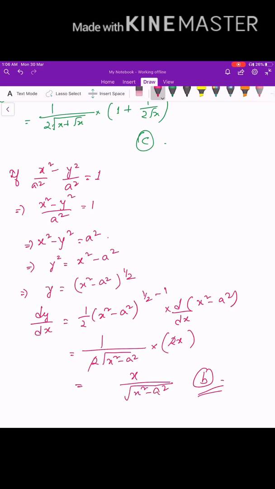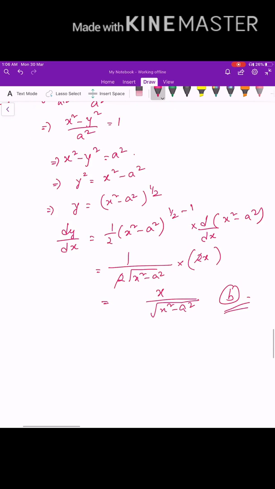Question number 15 is an example of implicit expression, implicit function. You just have to find dy by dx. Rest all the questions are quite easy. Parametric 16, 17, they're all examples of parametric equations. 19,